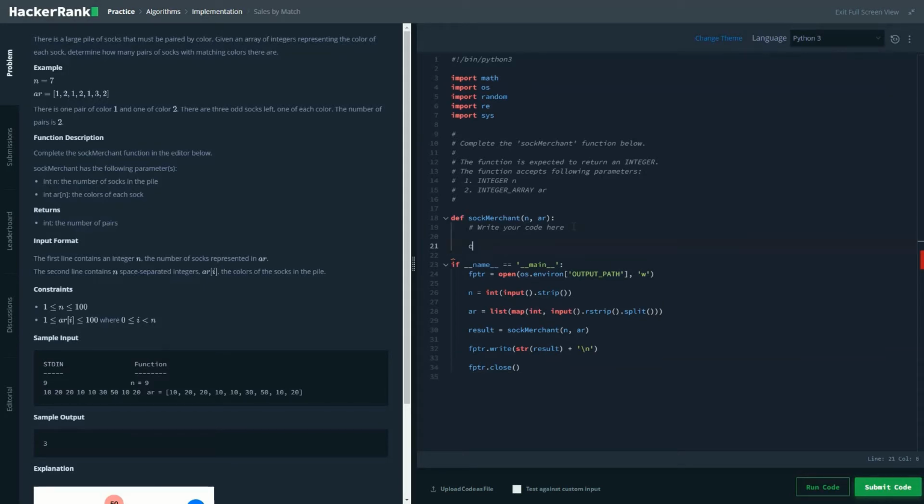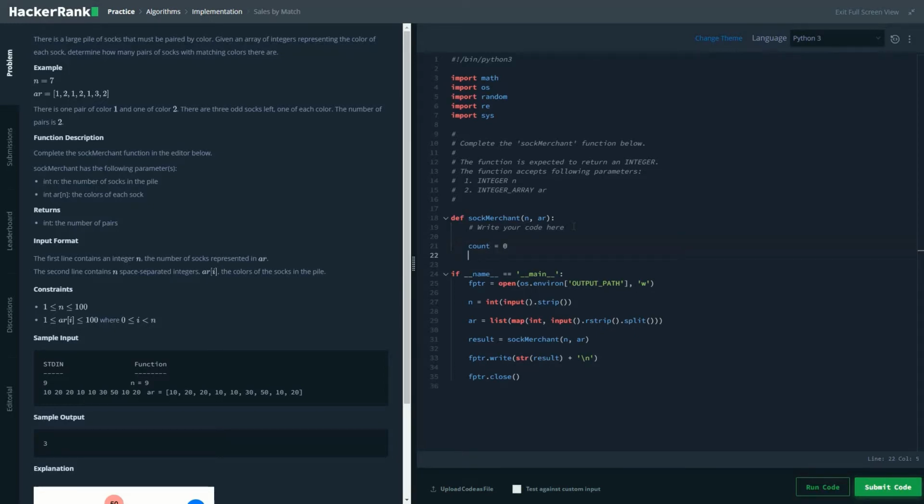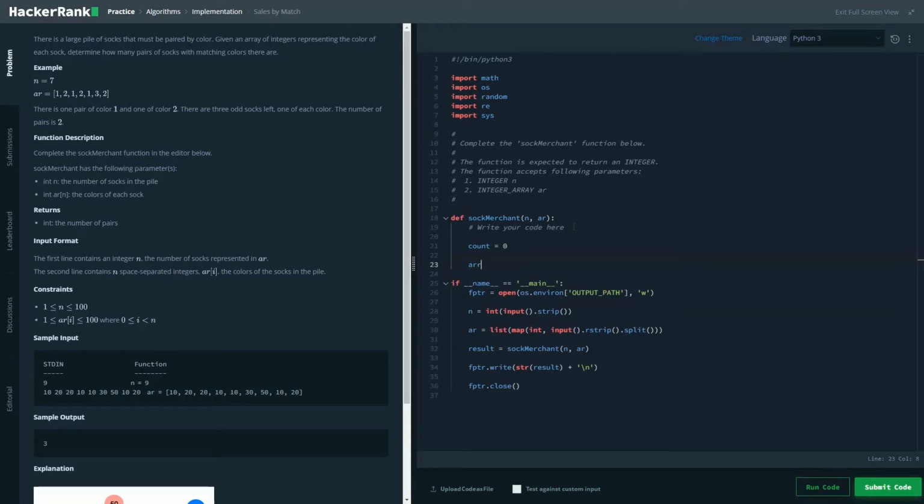Let's create a variable count. We'll be counting the socks with matching pairs, and then we are going to create a list which will contain a set of our given array. Basically we will create a set.